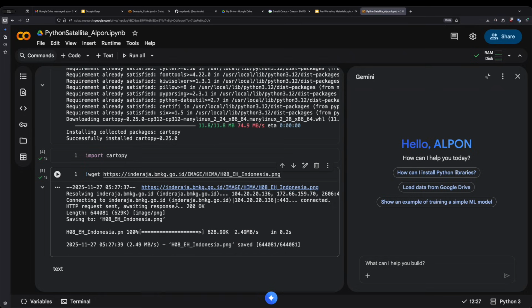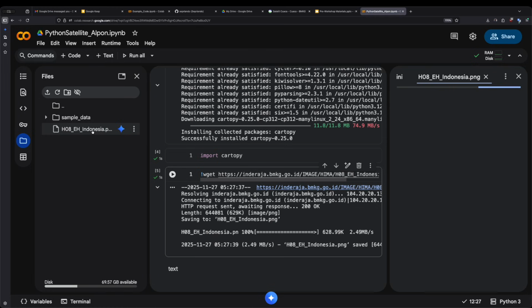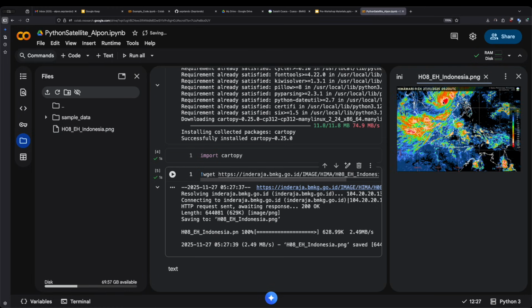The file will be downloaded in the file panel on the left side. Yeah, like this. You can open it, just double click and open the file. Okay,